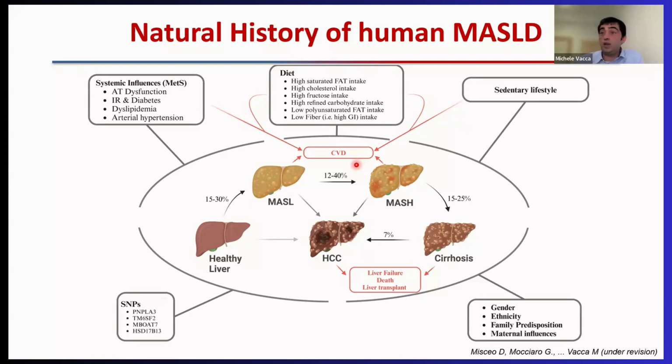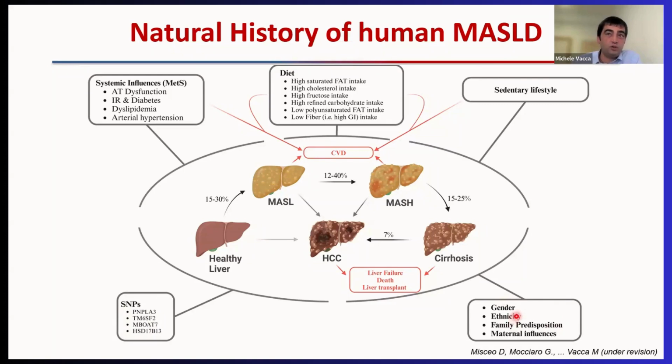Another important thing that I would like to highlight, because this will be important to understand what are the features that we want to be replicated in the animal models, is that together with the definition of metabolic syndrome, different studies have identified that different dietary components can modulate the progression of the disease, together with a sedentary lifestyle. The polymorphisms in some genes which are involved in lipid metabolism, for example, PNPLA3 or TM6SF2, and of course there are also some other genetic influences like gender, the females are protected,